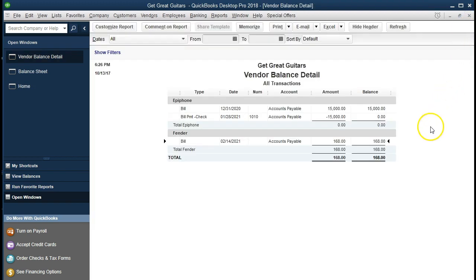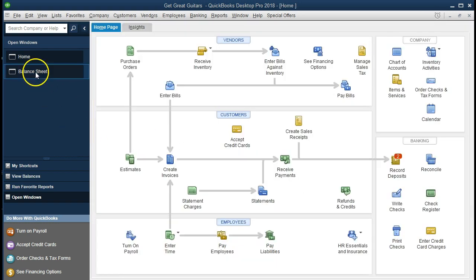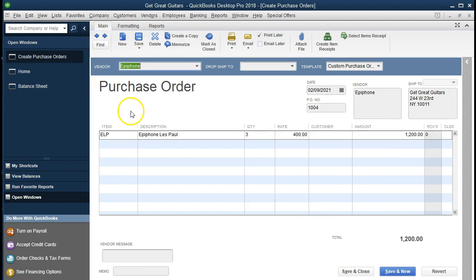Closing this back out, note that the total here, 168, in terms of the vendor balance detail, is the same, of course, as on the balance sheet. Going back to the Home tab over here, we are going to enter another receive inventory for a prior purchase order. If we click the purchase order to see the purchase order first and go back, here's the other purchase order that we have not yet received the bill for. That's what we're going to enter now,